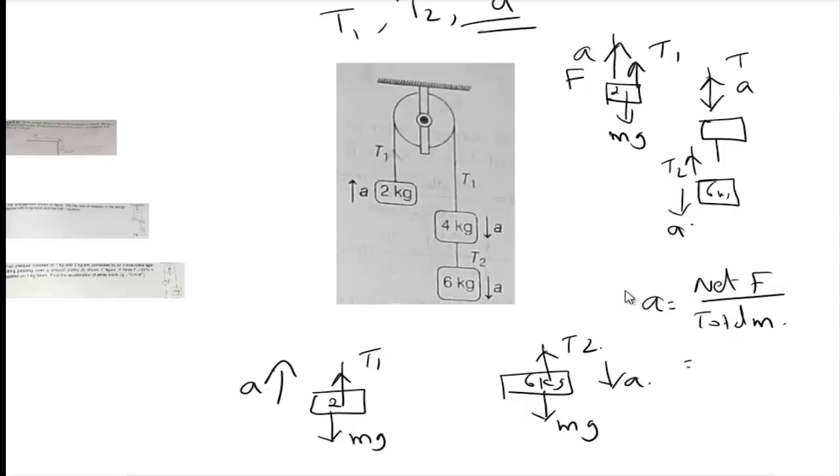So here the total mass on the right side, which is acting in the downward direction, what is the total mass? 10 into acceleration due to gravity, which we can take as 10, and then the 2 kilogram mass is acting in the upward direction. So we are taking it as minus 20. 2 into 10, 20, which is acting in the upward direction. Therefore, it is negative. And the other one, which is acting in the downward direction, I am taking as positive. I told you in the previous video itself, in whichever direction the acceleration is acting, that will be the positive direction which we consider.